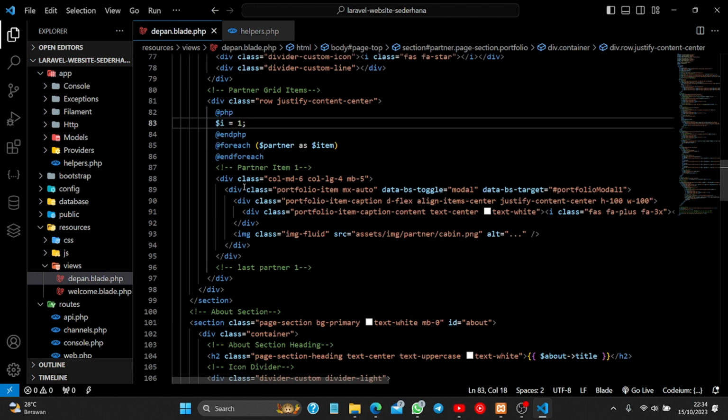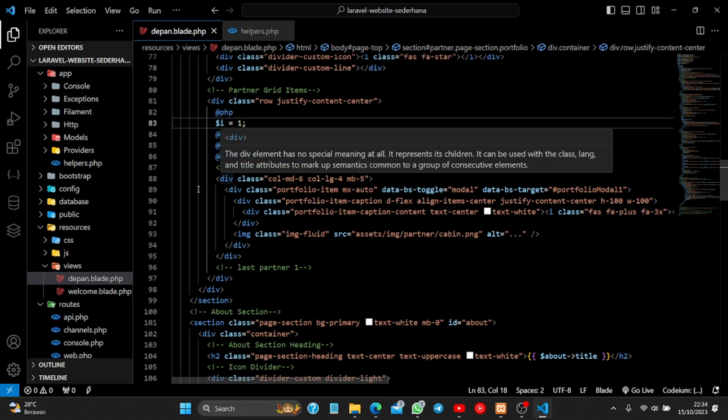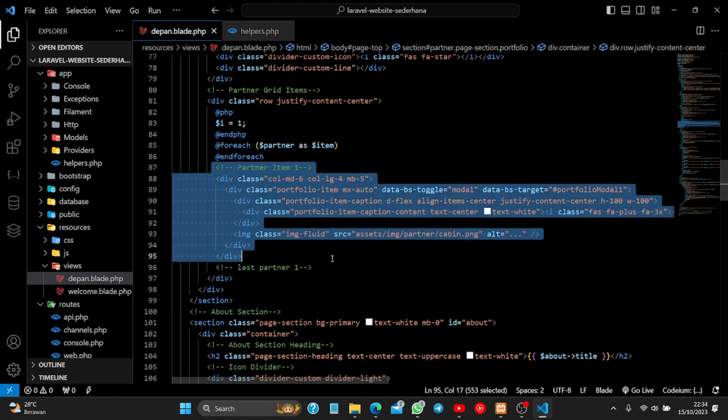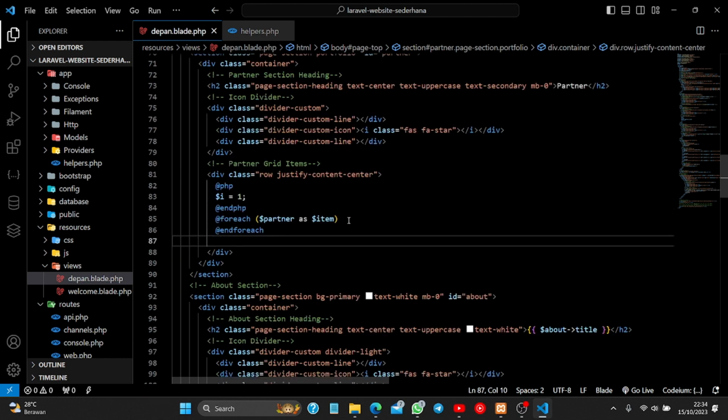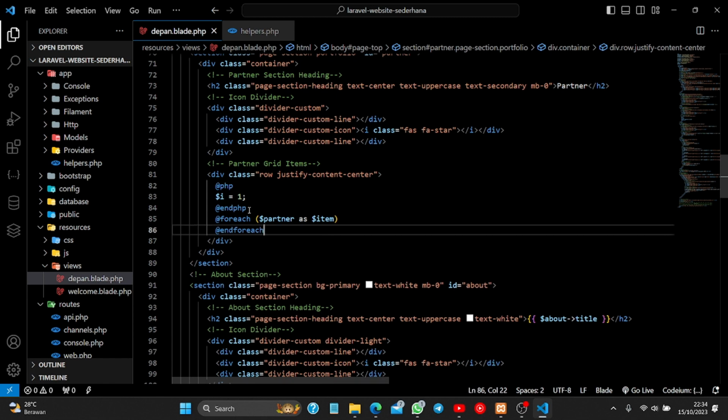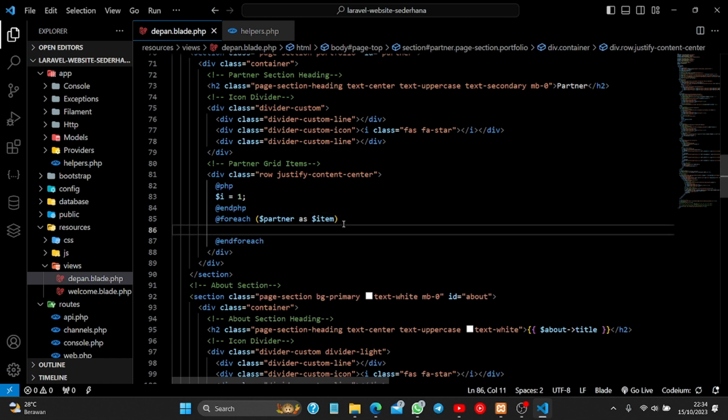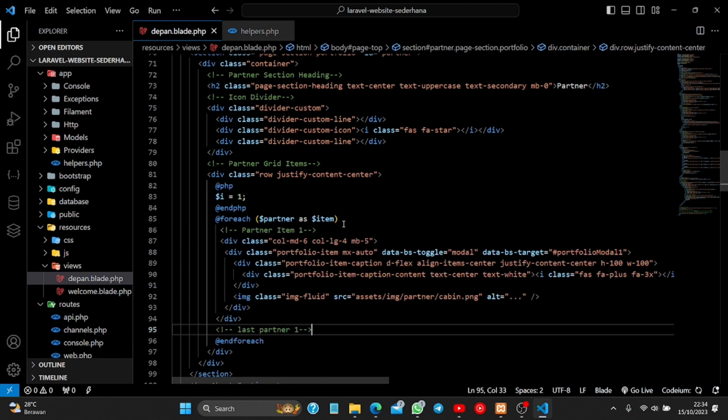And then you can cut this partner item and go to this, control V, and then